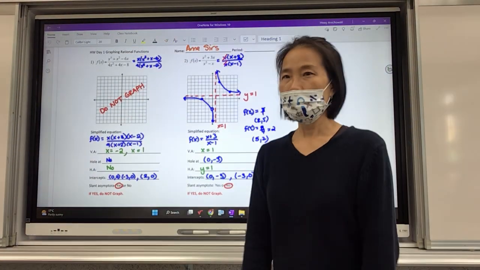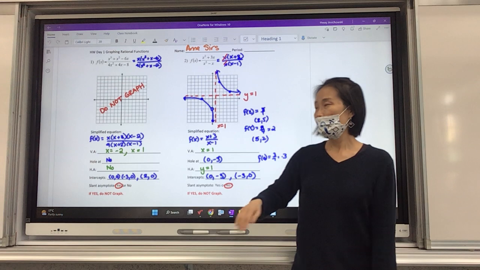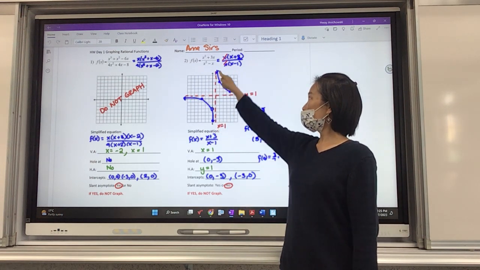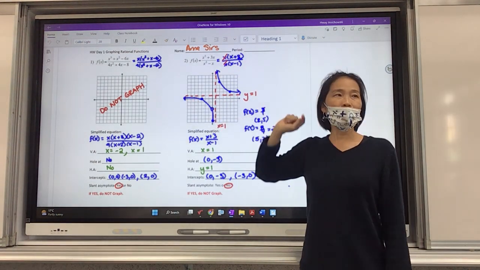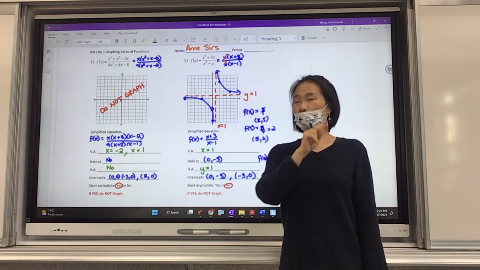Good. So for the homework, there's a few things. Number one, if you have a vertical and horizontal asymptote, it has to be a dashed line, and you label the line equation on the side of your asymptote. Number two,